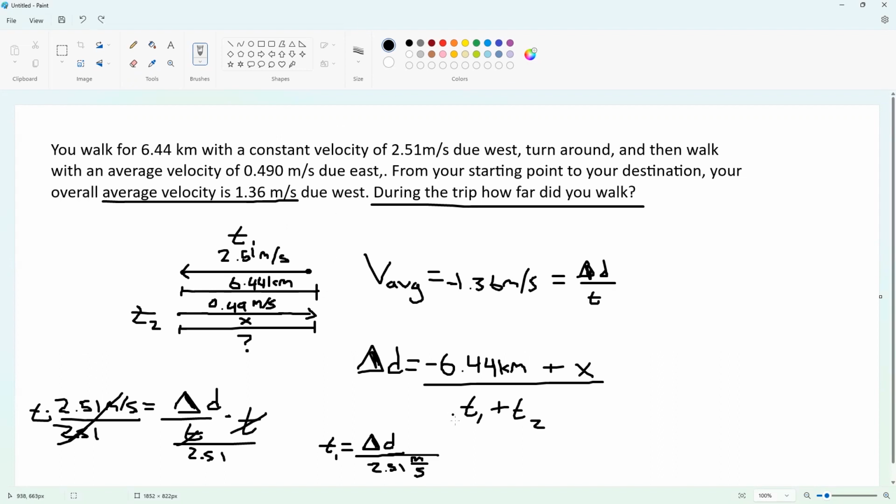Okay, yeah. Go ahead. Would it be 6,440 meters? Yes, that is correct. 6,440 meters,